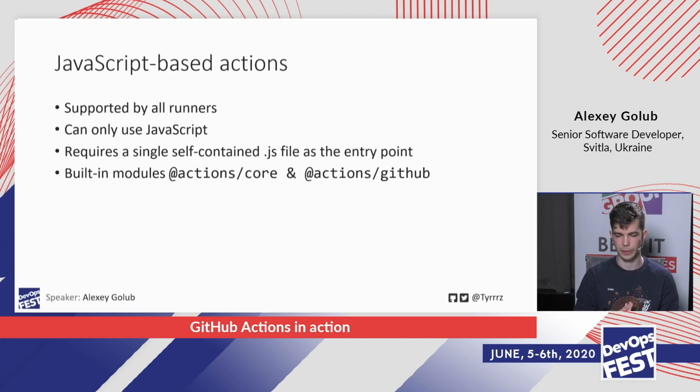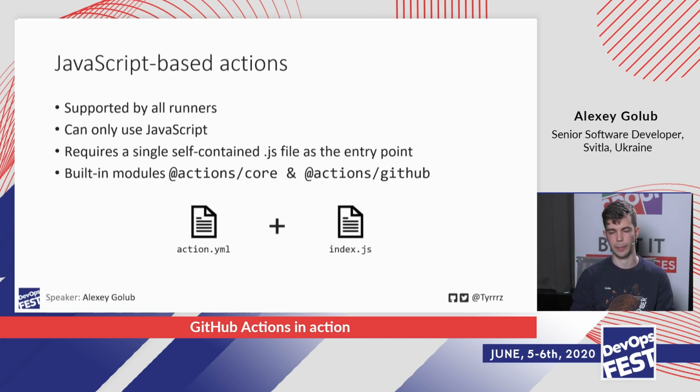And also, I mentioned self-contained, so if you want to use any other node modules, you have to sort of embed them into one file. Again, it's kind of cumbersome, but this is how it works right now. So you can't just have a package.json or a project.json and then have it sort of installed whenever you reference the action. So it has to be already self-contained in one file. And at a minimum, you need two files. So you need the manifest, which is action.yaml, and also you need your actual JavaScript file.